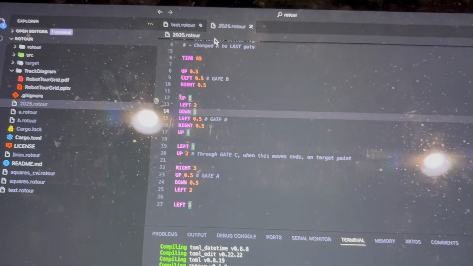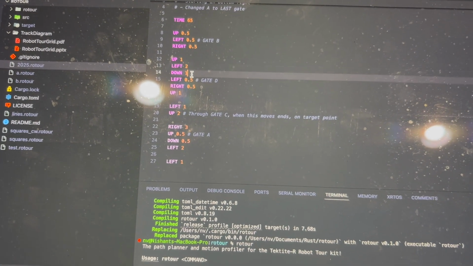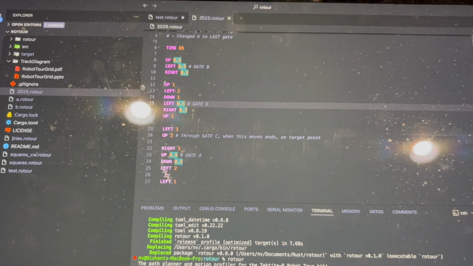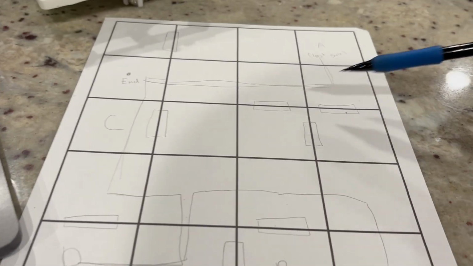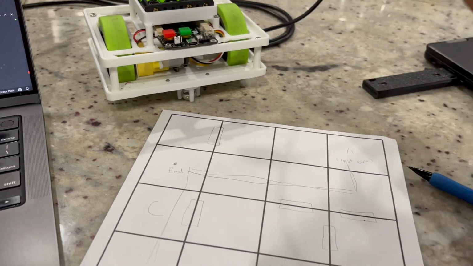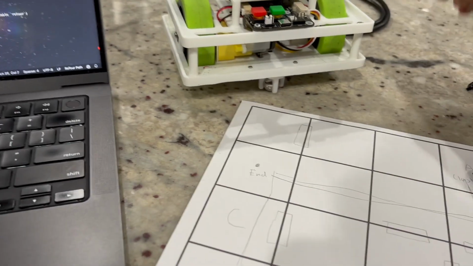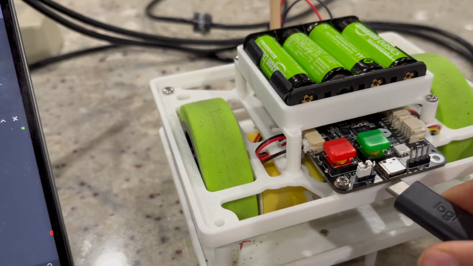And I made this path, so you can see we got the time, up, left, right, up, left, down, and so on. And this should theoretically give us exactly all of the gates and bring us to the end. So let's try it now. So grab a USB-C cable, plug it into your computer, plug it into your robot,